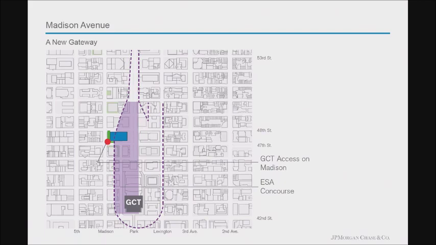This is a gateway location, and to bring people in a gateway location into this very congested street wall environment we think is not a good idea, and so proposing a POPS there creates a kind of foyer, a kind of moment of nature, of repose, to get your bearings and understand where you are in the city. This is why we think the POPS is very important, not only along Madison, but at that corner as it extends around 47th Street, which is really where the vertical circulation is coming up from underground. And to explain that further is Jeremy Dworkin from Foster and Partners.